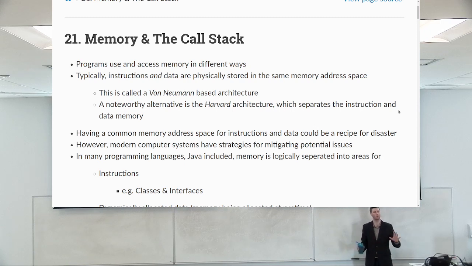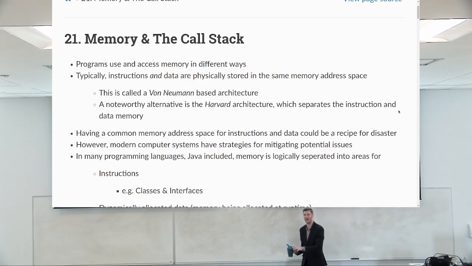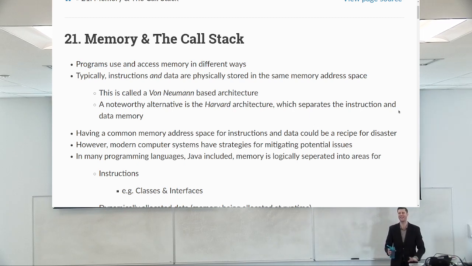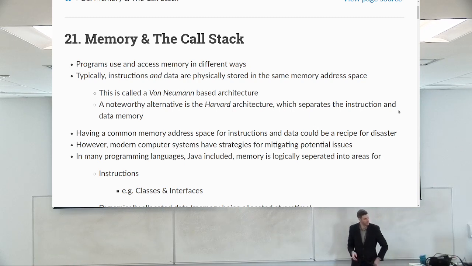So I'm just going to give you a warning that this is going to be fairly high level. There might be some impreciseness, but that's by design. The preciseness is not important for this topic. If you really care and you want to learn more, by all means, geek out about that all you want. But just be warned that it is going to be a little high level. All right? So, programs